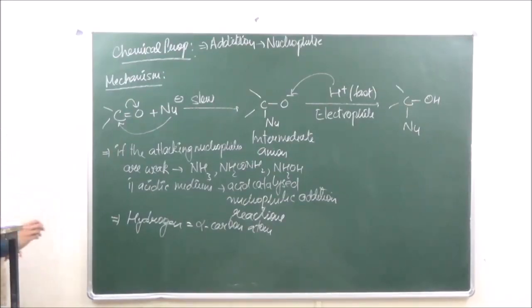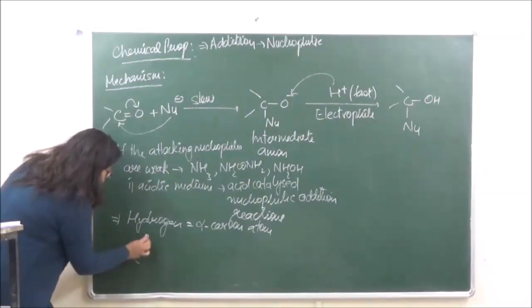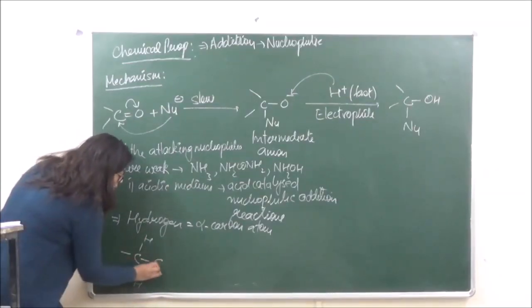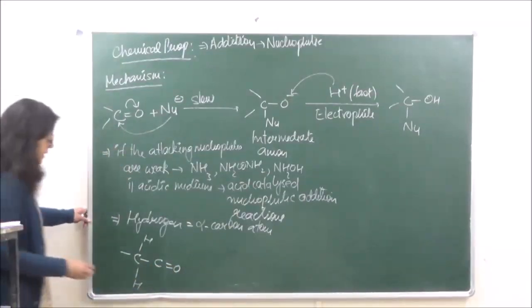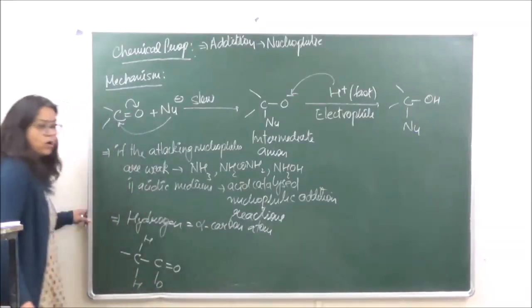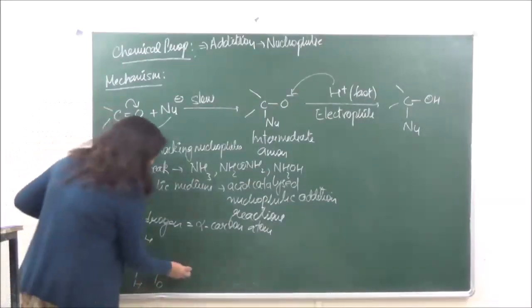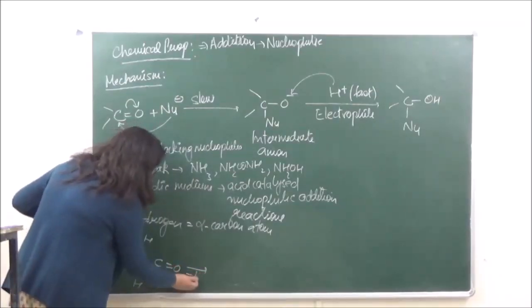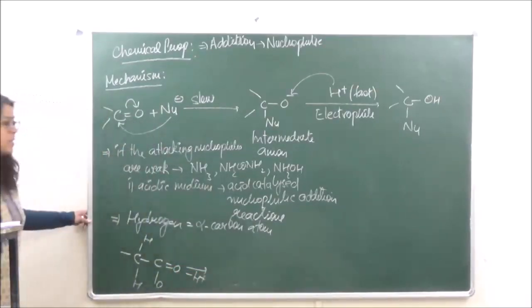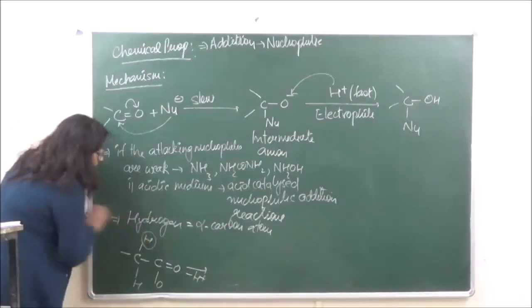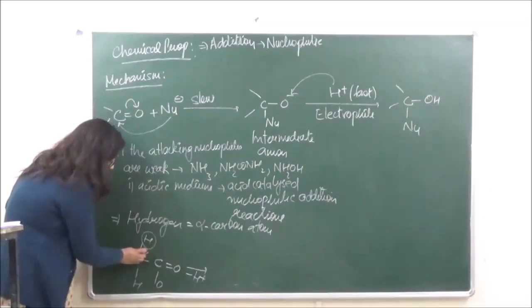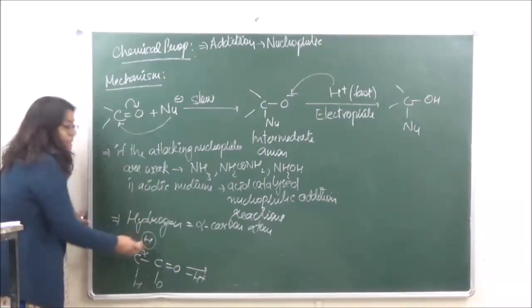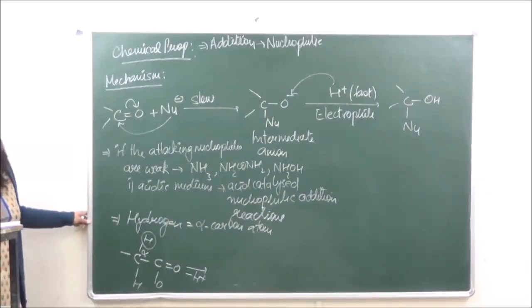So let's explain this over here. If you have any compound of this type, C double bond O, the hydrogen which can be easily released will be this hydrogen, because if this is the carbon atom with the functional group, this is going to be the alpha carbon atom, and this is the alpha hydrogen over here. Okay? So this is the structure.